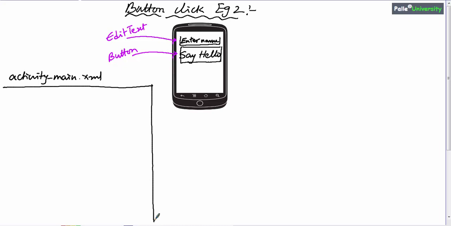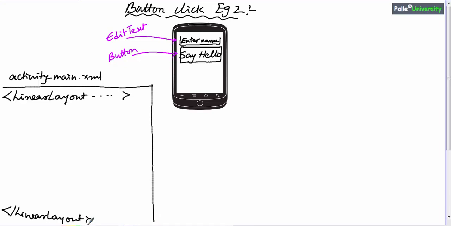We know that the root element of our XML file will be something called as relative layout. But there is a problem with relative layout. In the relative layout, when you drag and drop elements, sometimes your screen design looks like jumbled up. When you drag and drop elements in your screen design with relative layout, sometimes it may look like corrupted. So from now onwards, in place of relative layout, we will take something called as linear layout. As of now, don't worry, what is this linear layout? It is something like a container. This is our linear layout.